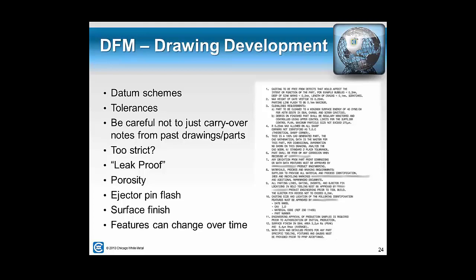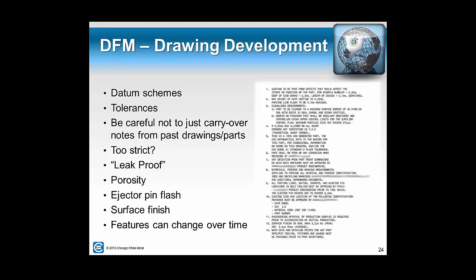So now we've got everything completed, but now we want to look at the drawing and some of the things that go on the drawing from a note standpoint and tolerancing and datum schemes, and just some things to be cautious about and to think about. Datum schemes are obviously very, very important for the customer and for us, and so we'll work with you to figure out the best way to develop those and make sure everybody can measure them effectively. Tolerances are very, very important. We take those very, very seriously and look at it